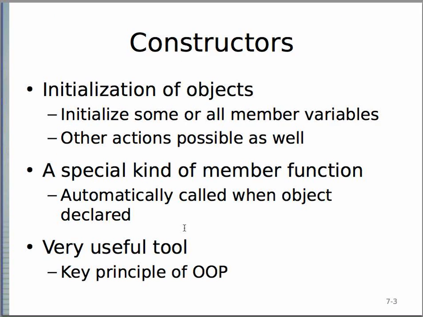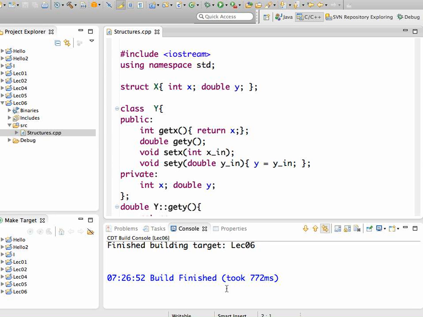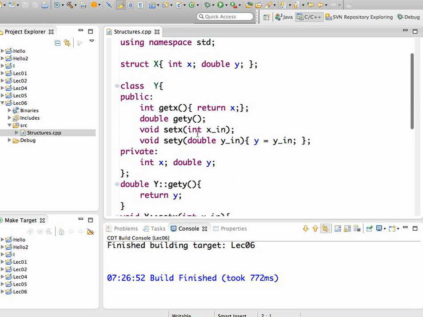Okay, so before we go any further, let's go through a basic setup of one class, let's say a main class that uses an object that's an instance of another class, and we'll set up all the things that we need in Eclipse. Okay, so we did this kind of thing before, from lecture 6, where we set up a struct. Remember, in a struct the convention is to use